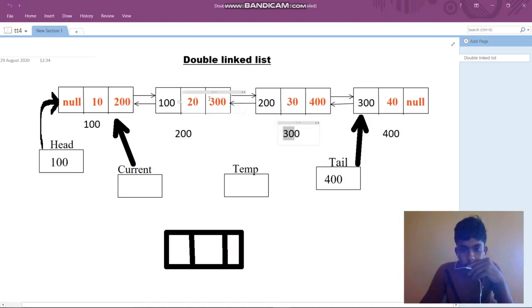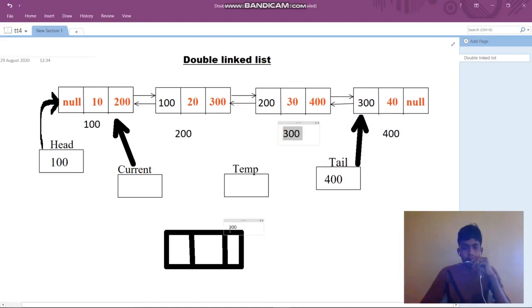The 300 is current of next, so node of next equals current of next. So here it becomes 300. Now the next address is stored here.